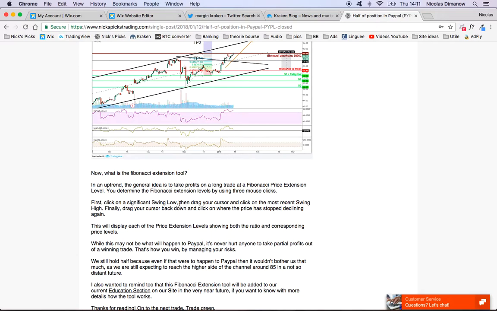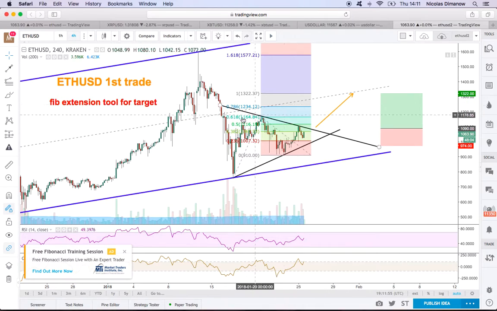So you're going to go from a swing low, which is the case here. We have from here to here, we have a swing low. So this would be the swing low, right? So you first click here using the Fibonacci extension tool on TradingView. You go to the next swing high, which is here, around 1167.37. And then you go to,